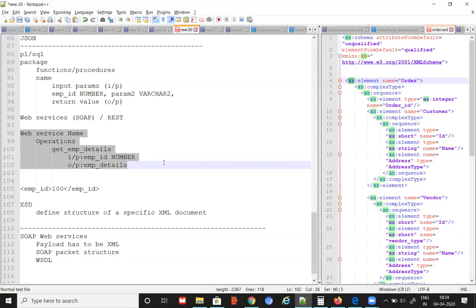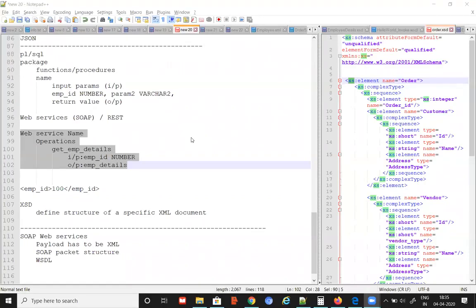Some specifications. In case of PLSQL, it is very simple. In PLSQL also you have specifications separately, and you also have the package body separately, usually, correct? So here also it is the same thing. When you are developing a SOAP-based web service, the web service specification will be different from the actual implementation. The actual implementation will be in some programming language or technology like Java, whatever your company is comfortable with and developing in.